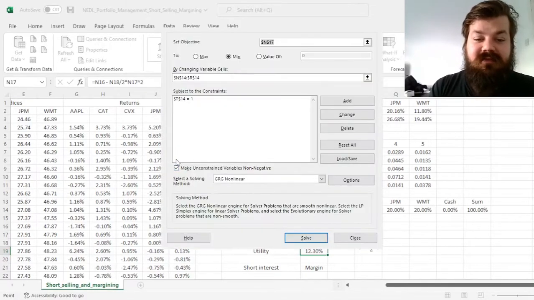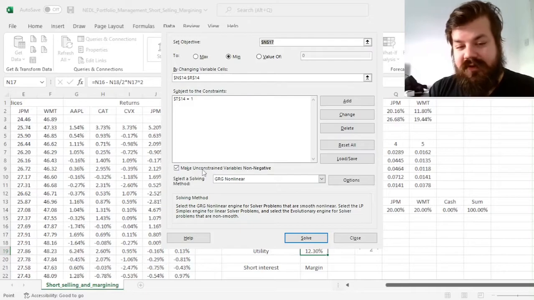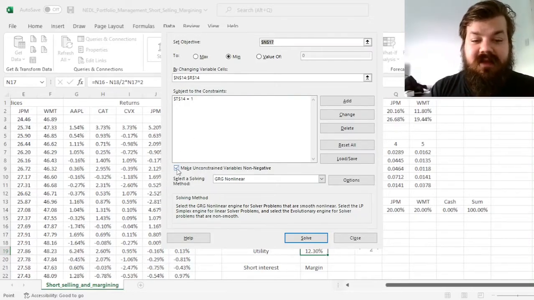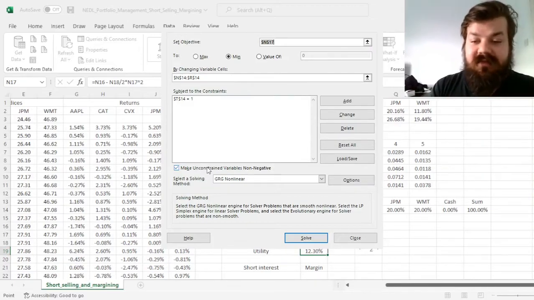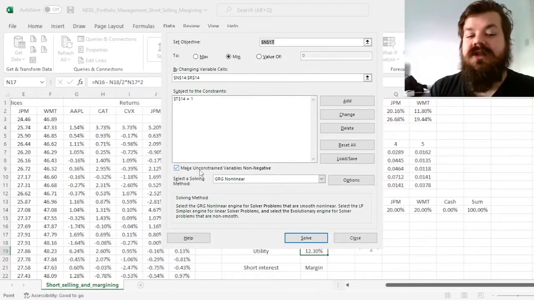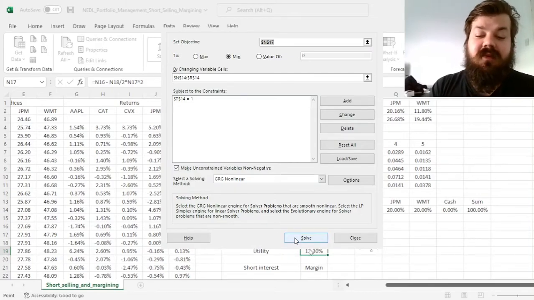And if we minimize risk, we need to also take into account whether we tick this box or not. Do we want to make our unconstrained variables non-negative? With short selling restrictions, we do tick this box. With no short selling restrictions, we untick it. So if we click solve,